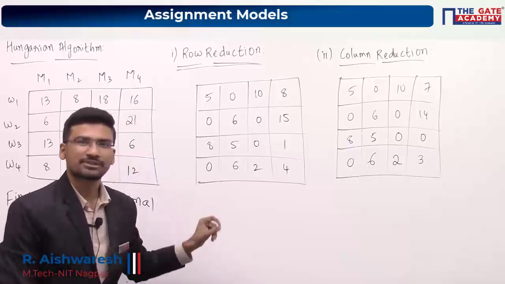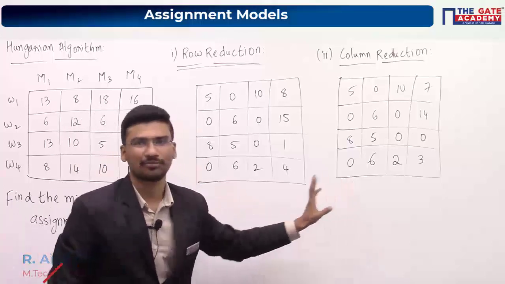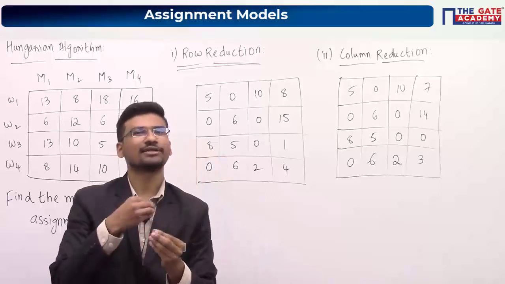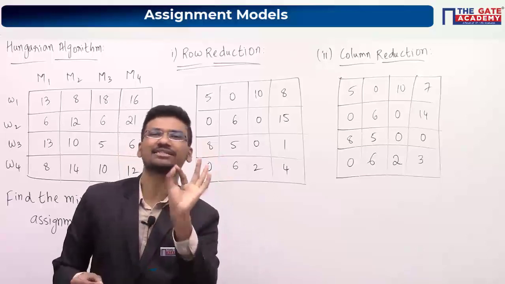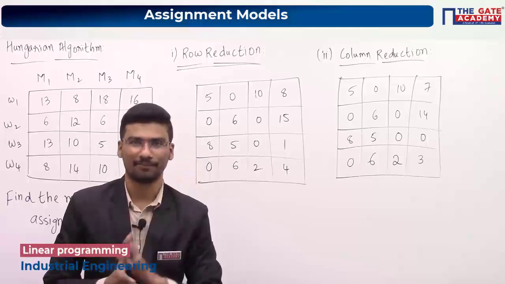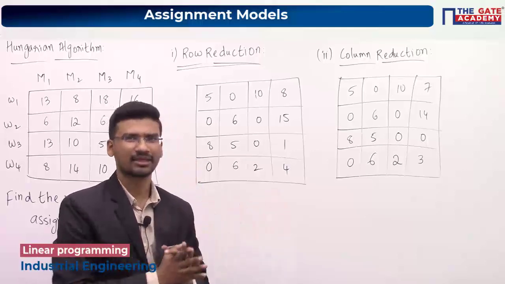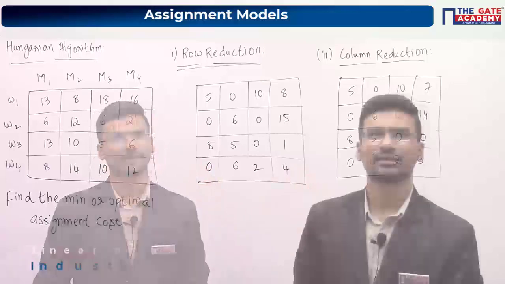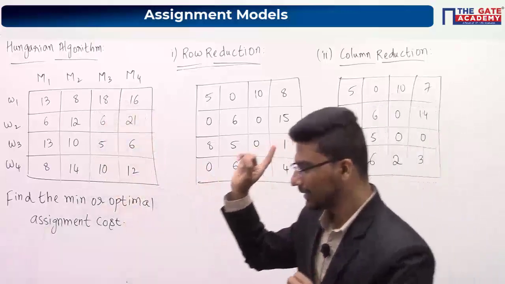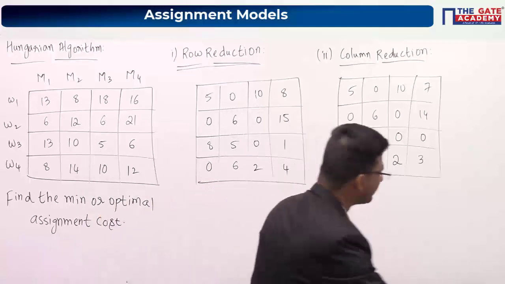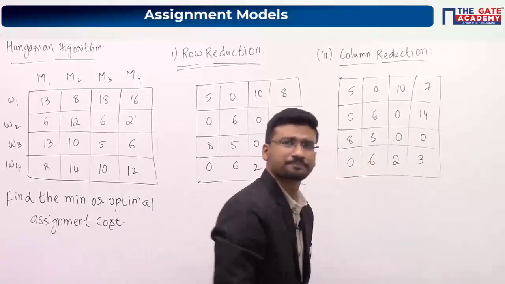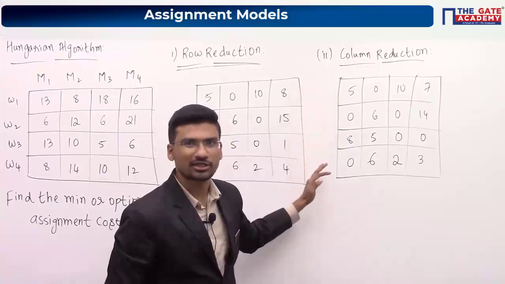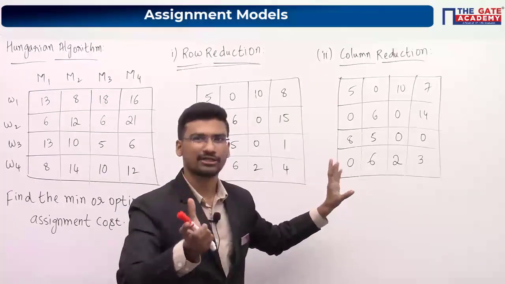So these are your two steps, row reduction and column reduction. So the purpose of row and column reduction is, we are trying to get at least 1 zero in each row and in each column. That's what we have done here. So any doubt in this procedure, row reduction and column reduction? So up to here I hope it is clear. Now we are going to do assignment, okay? So while assigning, listen to this particular procedure also carefully. So after that I will dictate points, okay?